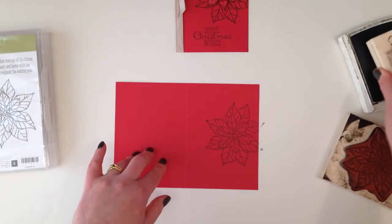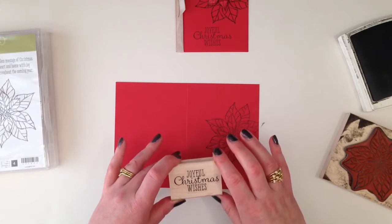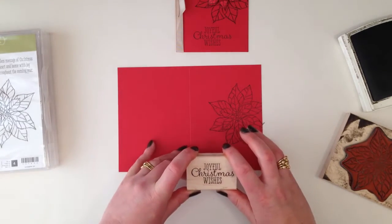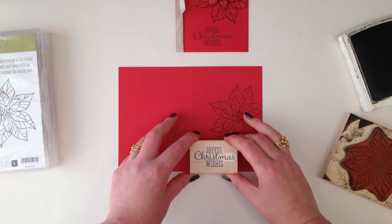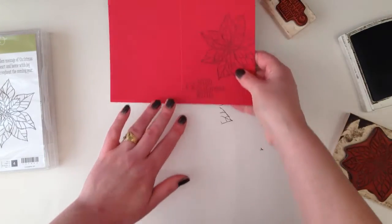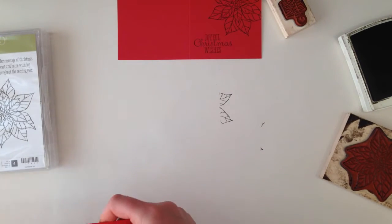I'm then going to stamp the greeting. This says Joyful Christmas Wishes. Because I want to position this stamp at the bottom of the card, I use my little fingers here to stabilise my hands as I'm stamping down. So I'm just going to pop that there, just like that. Okay, now I'm going to take another piece of real red card